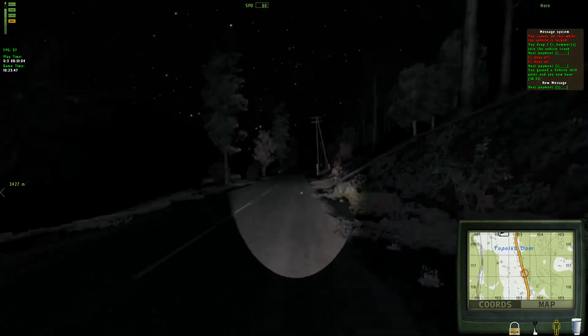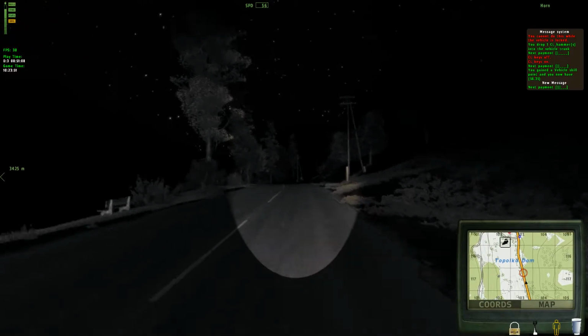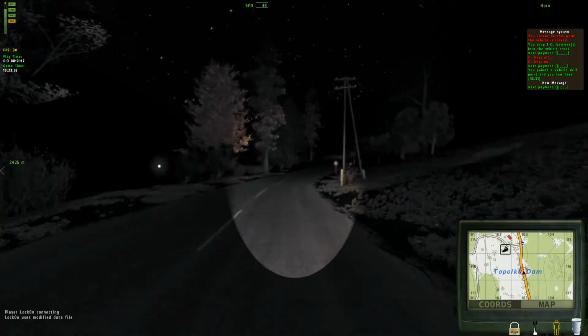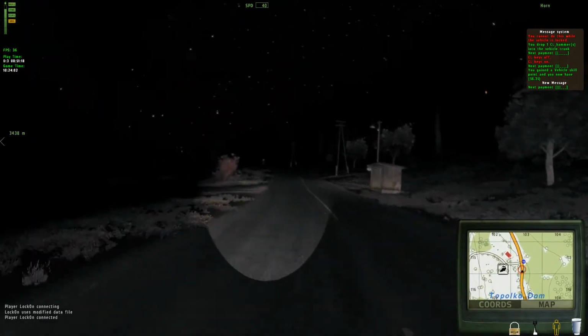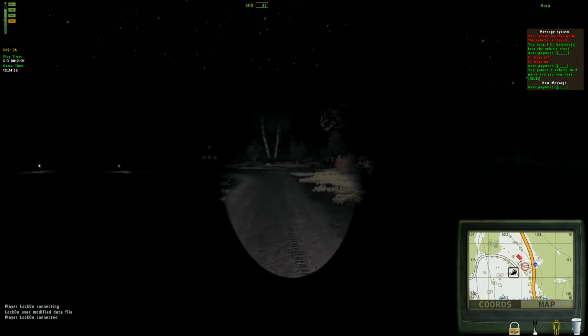Okay, so we're getting very close now. There's a left turn up here. As you can see, this is a dam called Topolka Dam. I think that guy's not following me. Just need to be careful not to get run over again. Okay, so here we go. So we're going to do some...